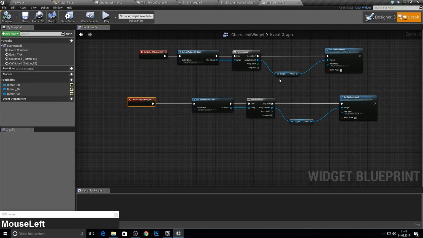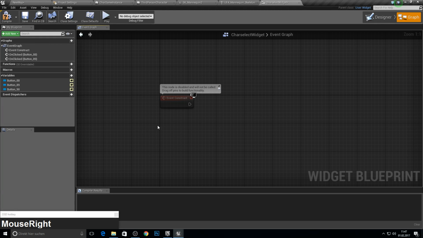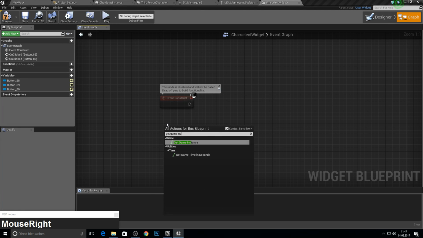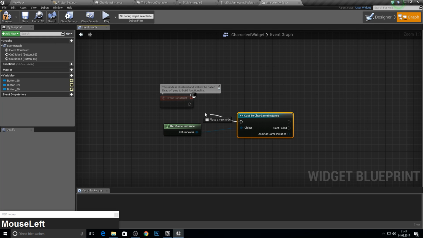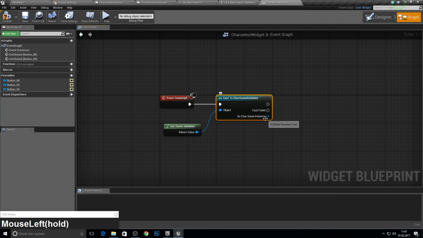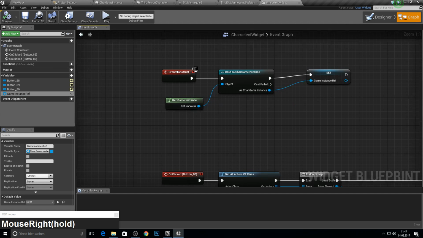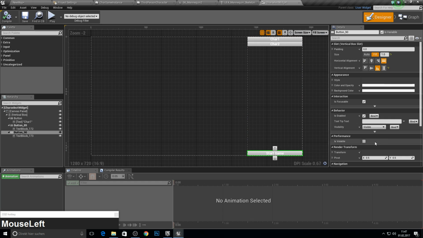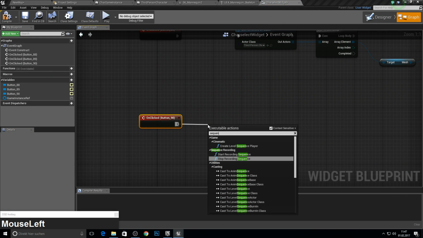So for now this is working, but we also want to save this, so we need our game instance ref. So we get our game instance, we cast to it, and we actually make this two variables. So we have a game instance ref. Now we compile and save, and if we click on start the game, we want to first make a sequence